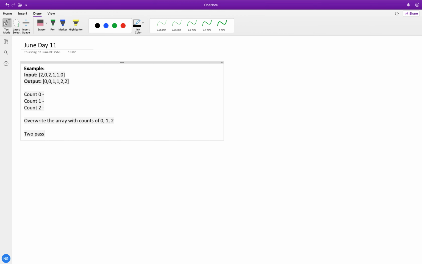So how can we do it in one pass? Let me explain that here. Let's say we have an array like 0 2 0 2 2 1 0 1 1 0 1 2.